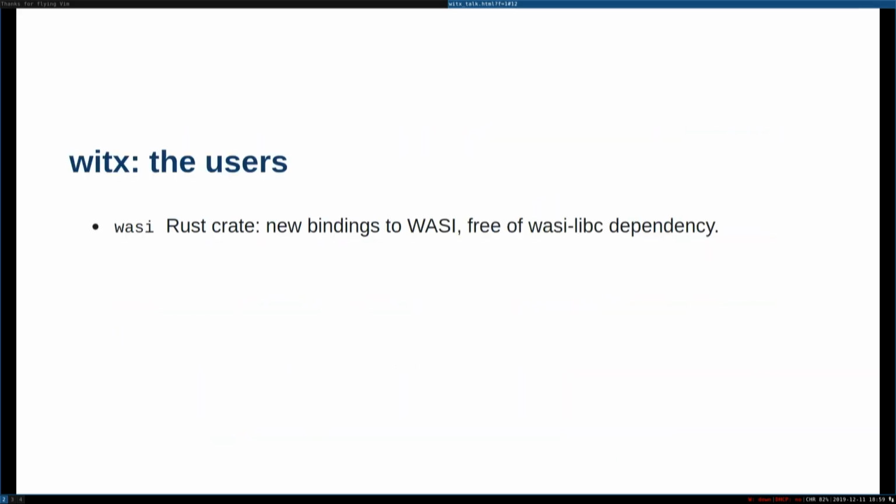And then there's two more. There's a WASI Rust crate. So in the very beginning, I said that Rust was able to adopt WASI really quickly because they were able to build on top of WASI LibC. That was a great way to get it done fast. The ideal way to do it would be to have a pure Rust implementation so that you would have the Rust language's type safety all the way down to the interfaces. So that would hopefully be free of bugs that might sneak in a LibC.